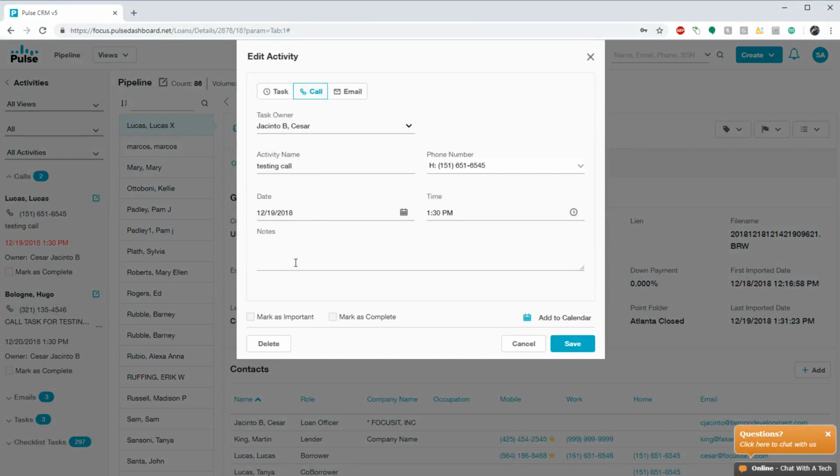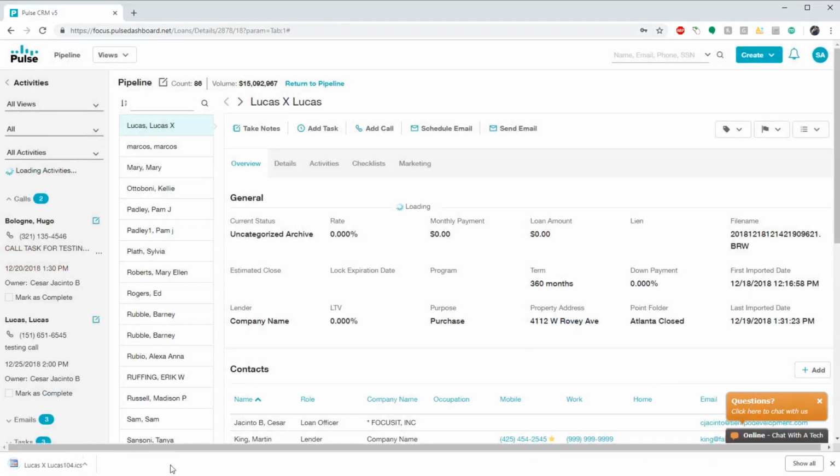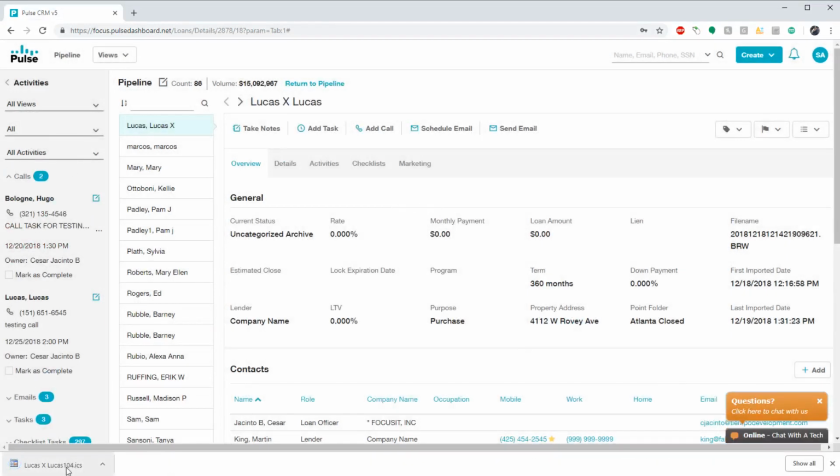You could add a note called 1220, left voicemail, will call again in 5 days. Then you could set your calendar for 5 days, and you can also set your times. And a little cool feature is you can add it to your Outlook calendar just by hitting this. It's going to create a download, and you can just click on that and import it right into your Outlook